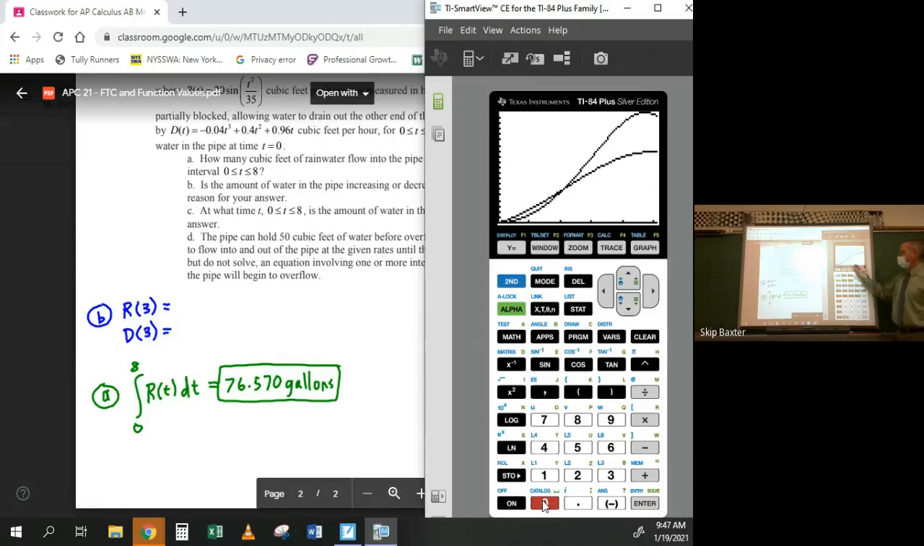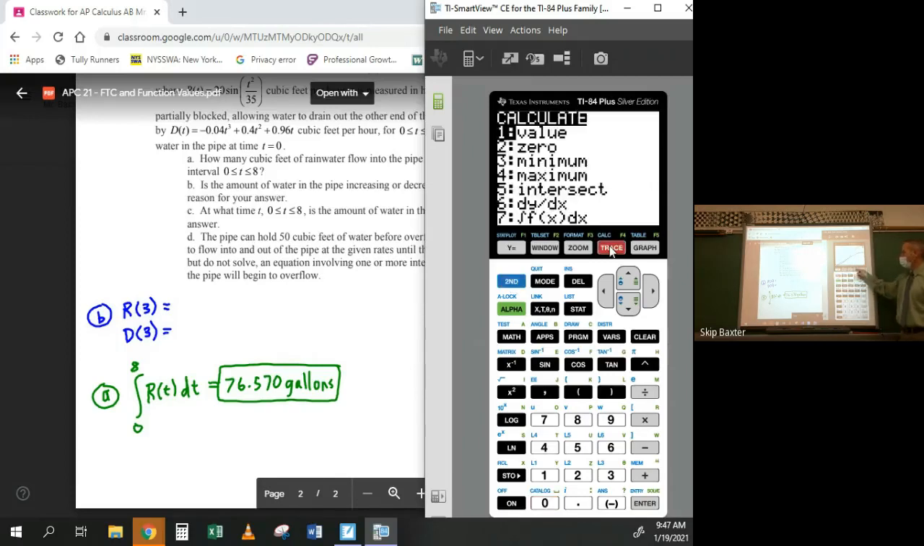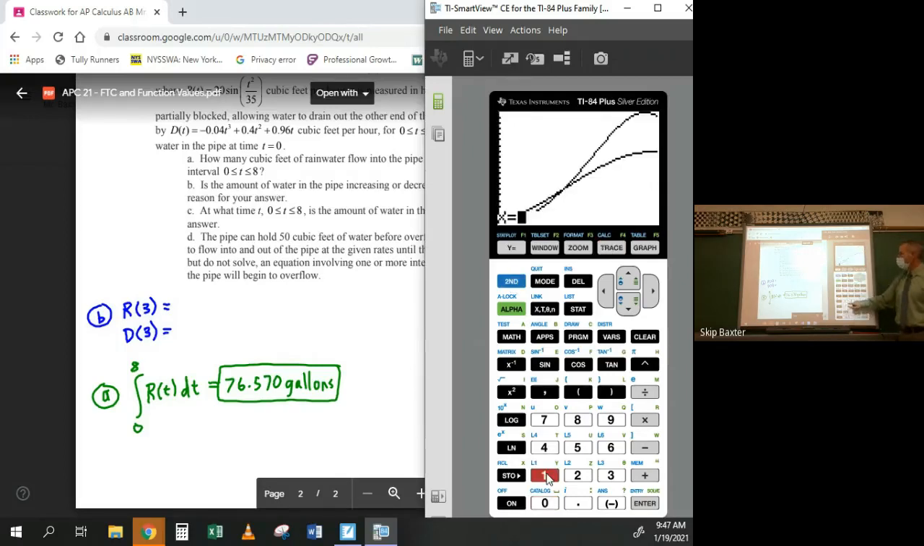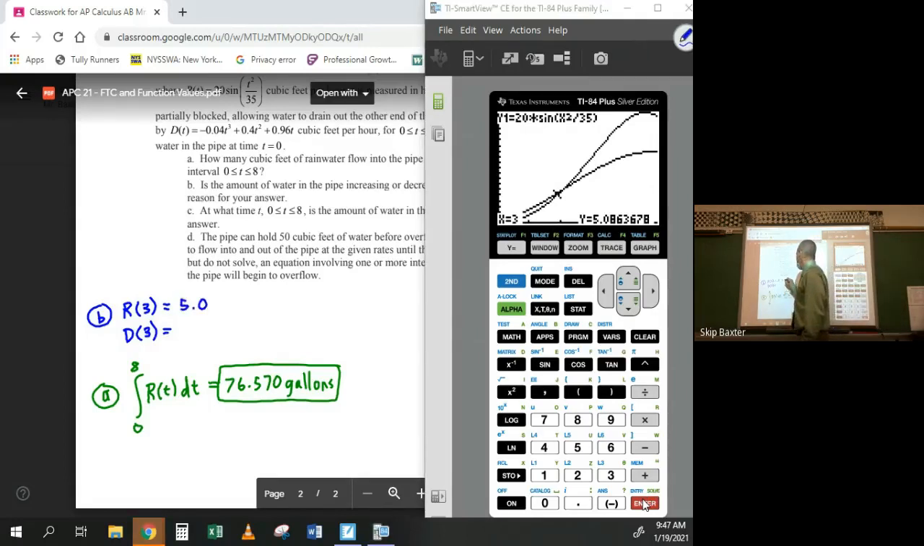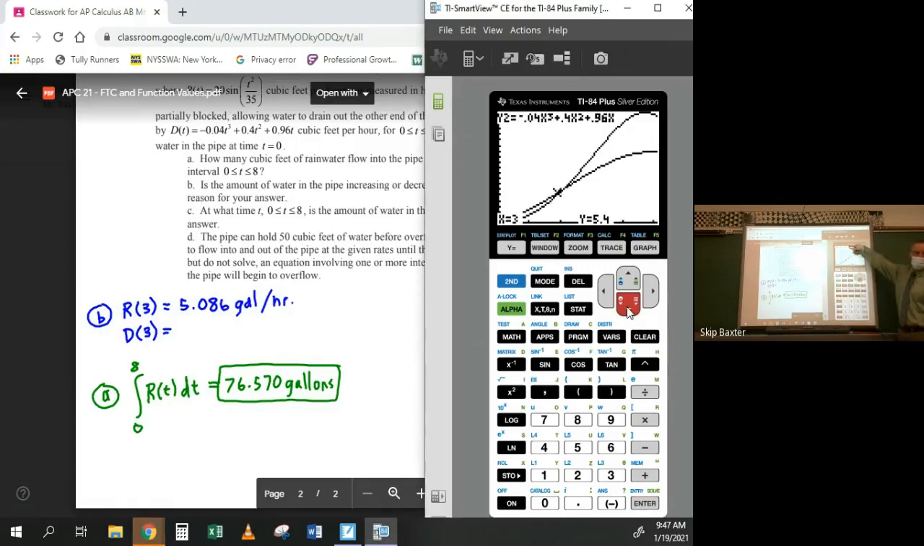And then to find the values of these functions, just do second calc, value at x equals 3. So this is y1 of 3, which is R of 3. So it's 5.086 gallons per hour. And to get to the other function, you just press the down arrow. That function will change to the second function. So it's 5.4